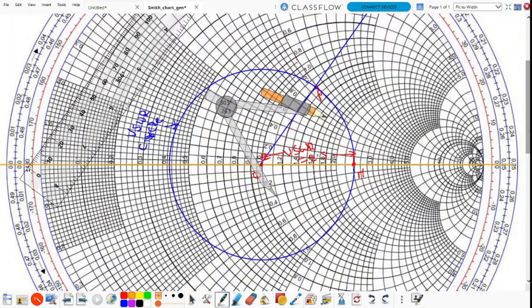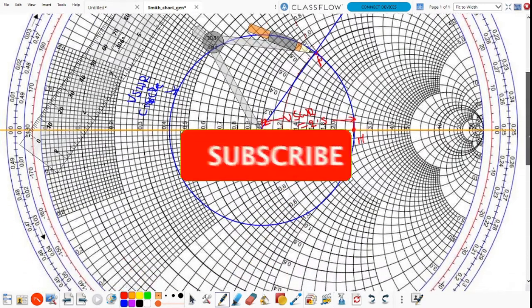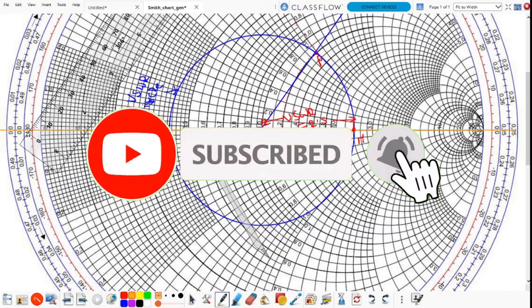So next, determine the magnitude of the reflection coefficient and the phase angle of the reflection coefficient. So how to calculate the magnitude of the reflection coefficient? The magnitude of the reflection coefficient is determined by this OP value, and OP is the radius of the VSWR circle. This OP is equal to the magnitude of the reflection coefficient,